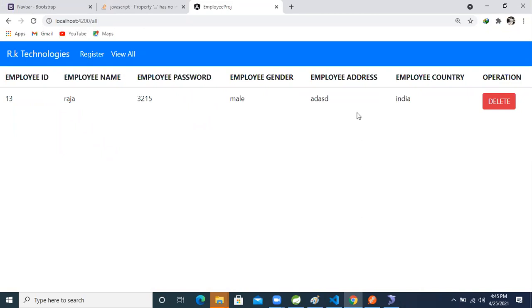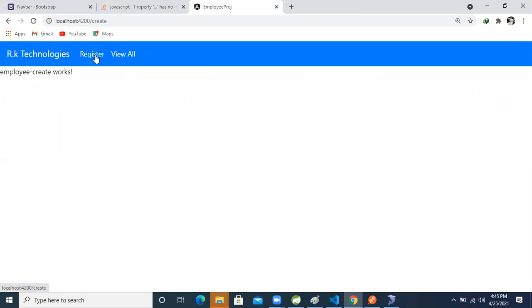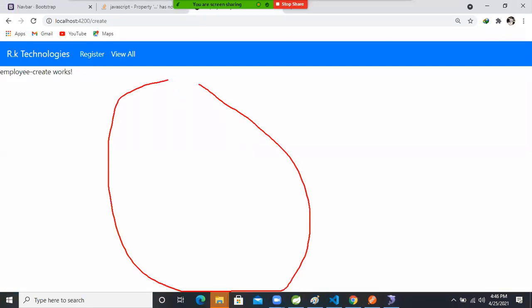Okay, so next, what operation will we perform? Whenever we click on the register button, we need to open one form. Based on that form, whenever we click the submit button, the record will be stored in the database.